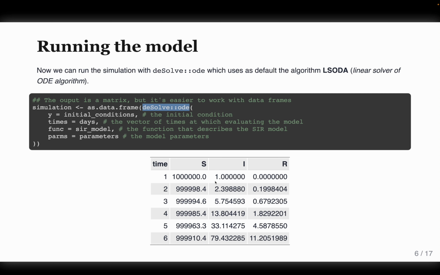And here you can see the kind of output that we can expect. As a small notice, we use as.data.frame because the output of the ode is a matrix, but it's much easier to work with data frames in R, so we convert the matrix into a data frame, and this is the output. You may notice that we can observe the fraction of people changing in time,